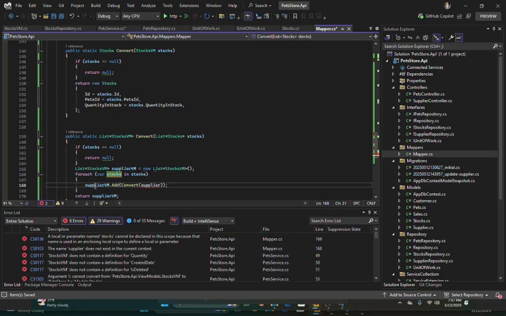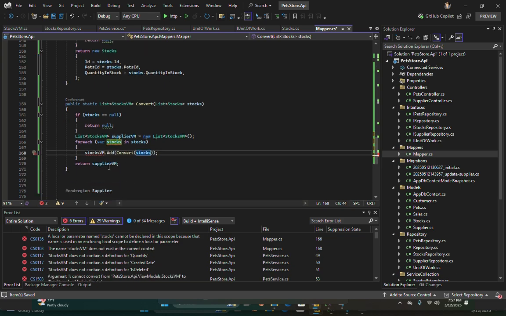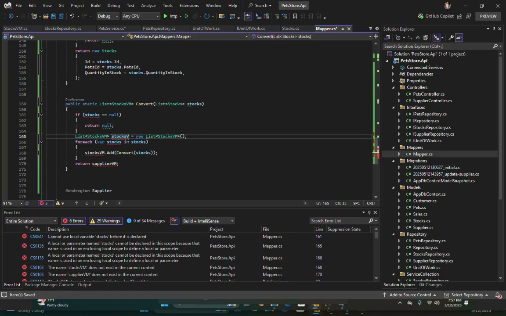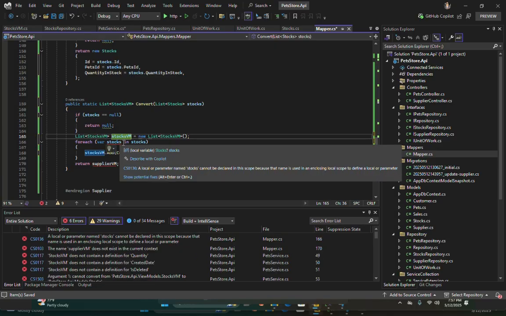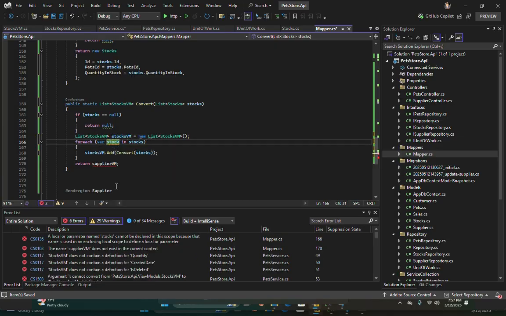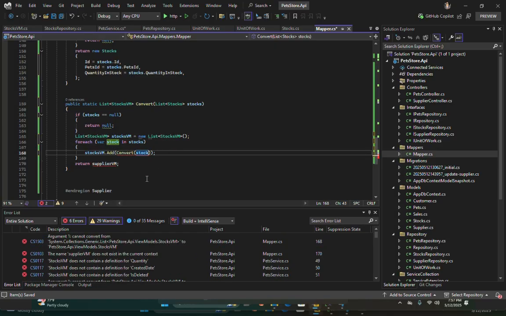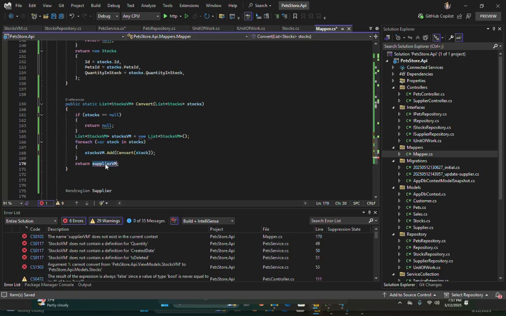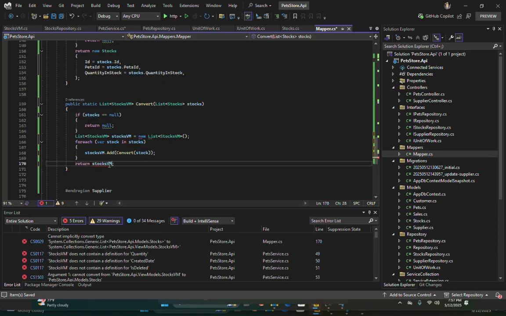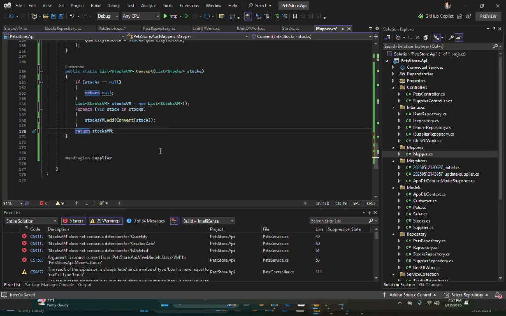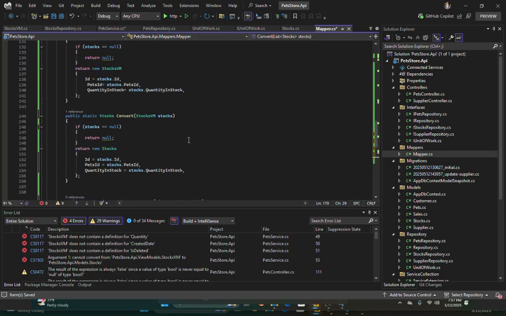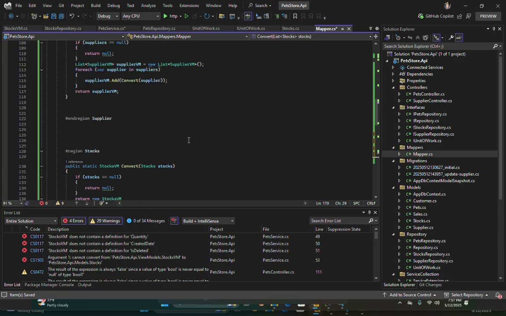Stocks. Okay. Now we have prepared the mapper for our stocks.